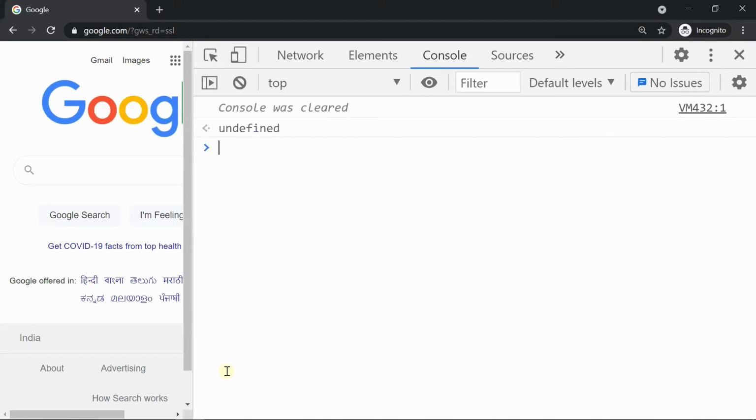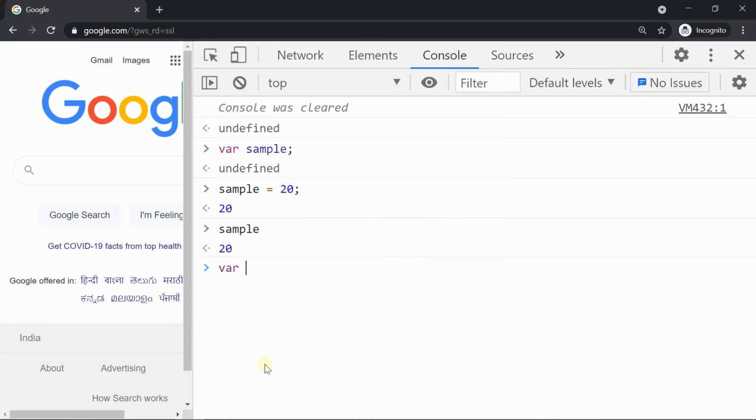Now, how to declare a variable? var sample equal to 20. Now if you type sample, it is returning 20, isn't it?